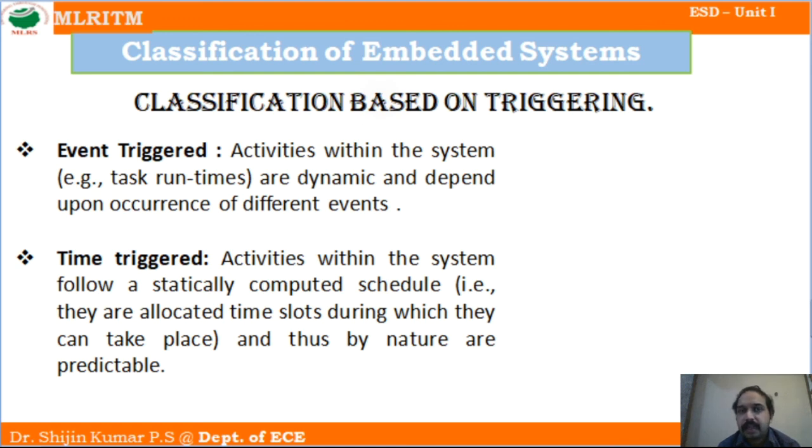If you look at the example of a traffic light, it is red, yellow, green, with a specific time. Assume every 60 seconds it will change. For 60 seconds red will glow, for the next 10 or 15 seconds yellow will glow, and for the next 60 seconds green will glow. So this is time triggered. When the time comes, the LED bulb will glow and you will get that particular light. That is the difference between event triggered and time triggered embedded systems.